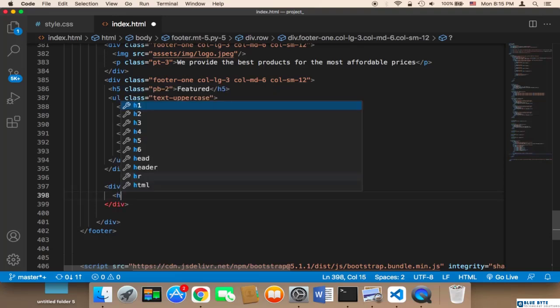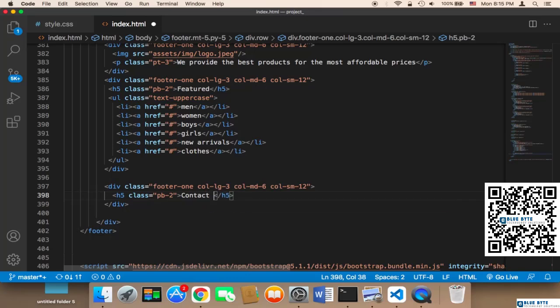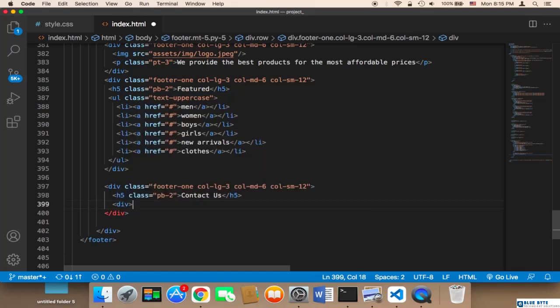Therefore, I'm going to say h5, and for this h5, I'm going to give it a class called pb, which is going to add padding to the bottom. And then I'm going to just say contact us. Below this contact us, I'm going to type the contact information. So below this, I'm going to create another div, and I'm going to fill this div with the contact information. First, I'm going to say h6, and I'm going to say class